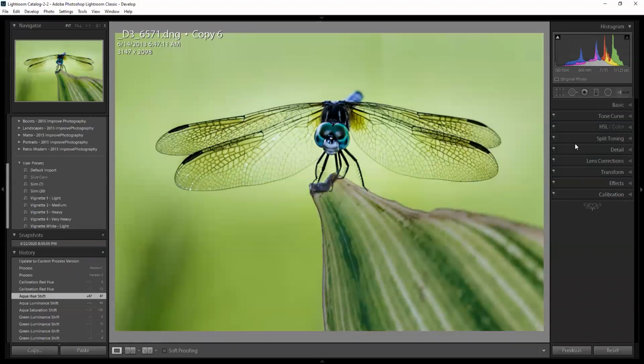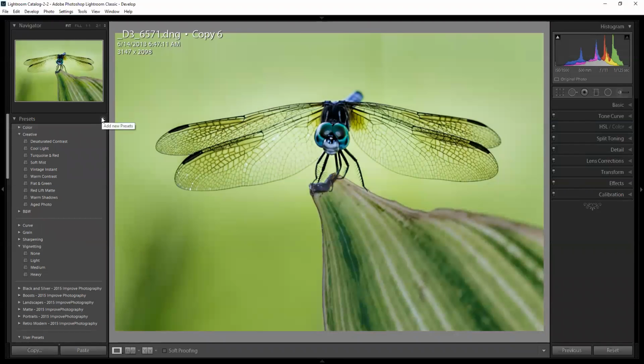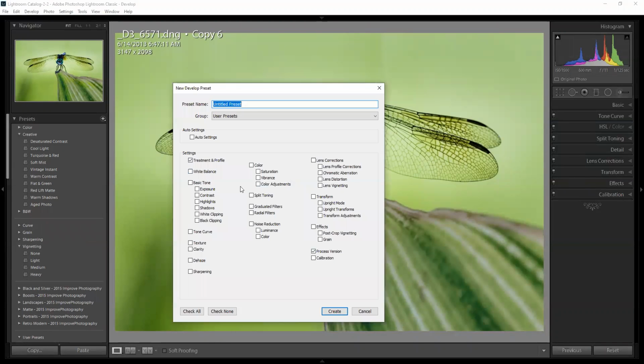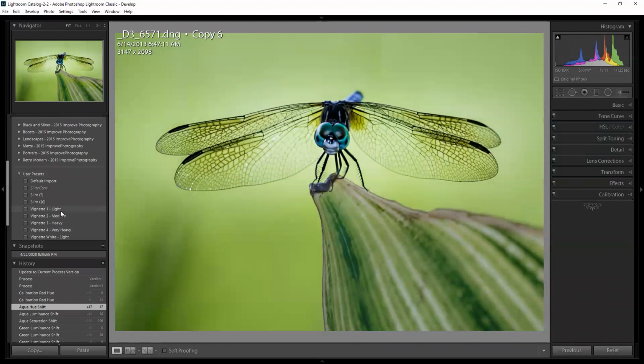Anytime you've made some changes to a picture, you can come over here and you can click on create preset. You can tell it what changes you want to save. And then those changes will be saved in a preset, and you can apply those same changes to any picture you want. So if we go back to our soccer player,